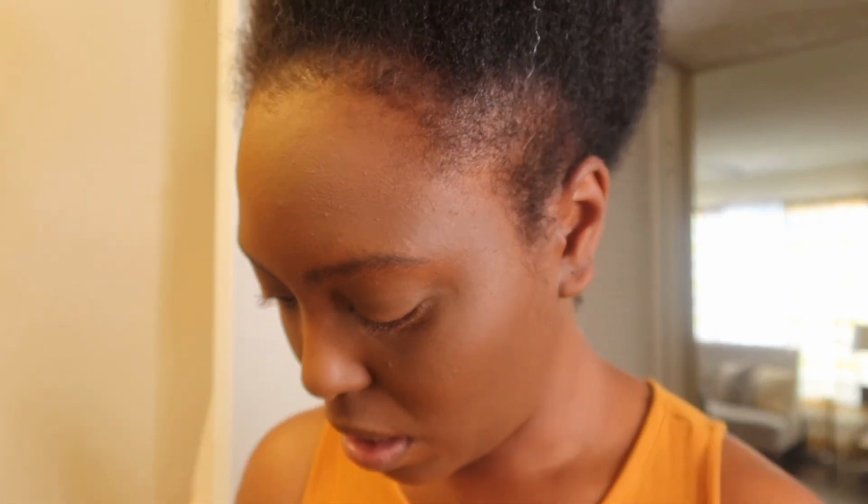That's all. Okay. Now these next steps are optional, because you can just throw on a lip gloss and go if you want to, or you can continue to blush and highlight. So I will blush and highlight next. So I have here, the Lip Bar has a little compact situation,